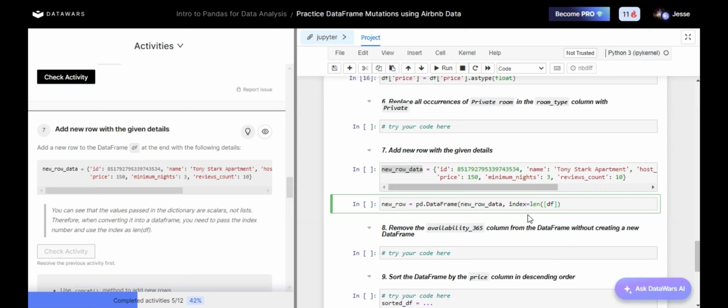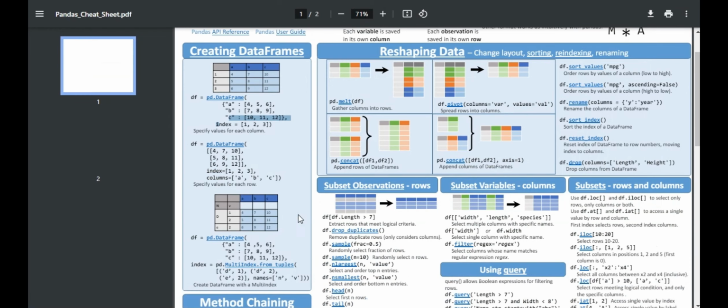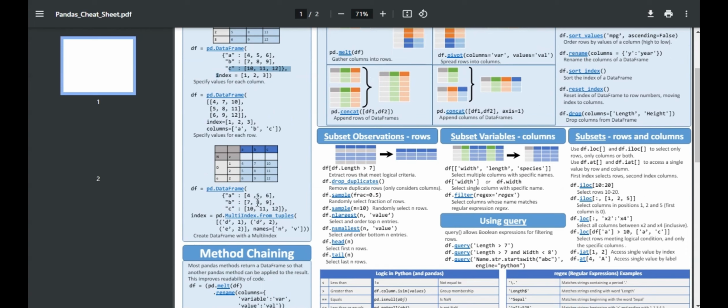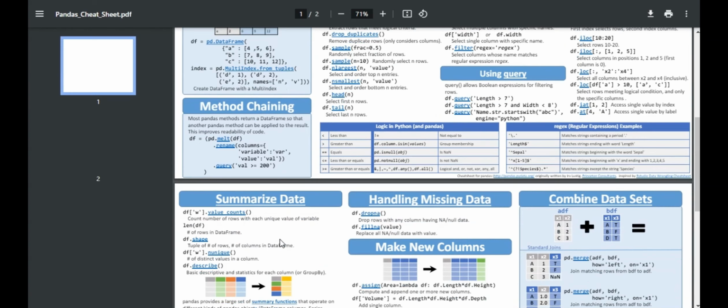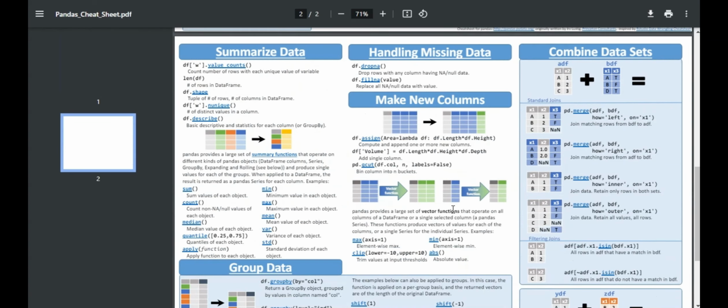No, that doesn't look right. I think that's backwards. Does it show anywhere on here, len df? I'm not seeing anything where it says len df on here, but